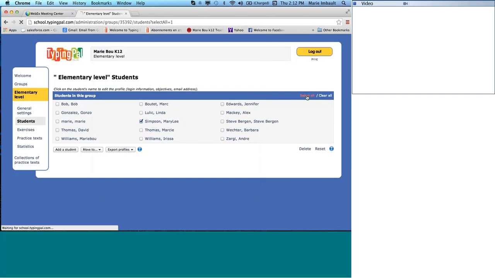Note, if I wanted to see all of my students' usernames and passwords, I can click all of them. I can export that information to an Excel spreadsheet or a CSV file, and I can have that information somewhere. I tell you to please use this feature judiciously because we don't like leaving students' usernames and passwords around where